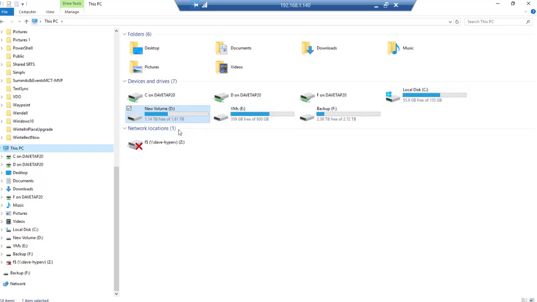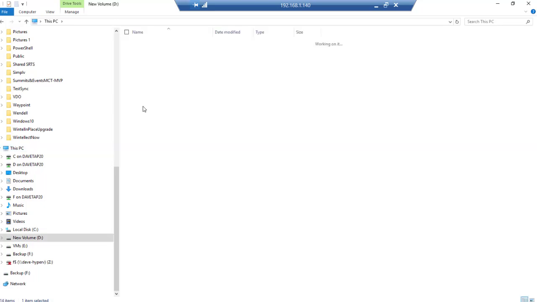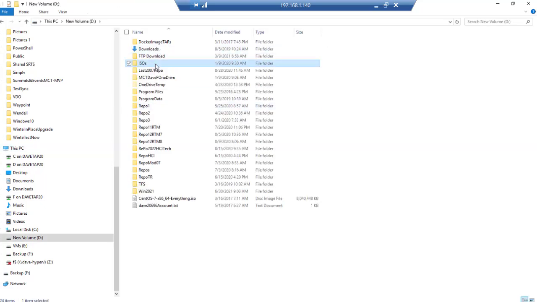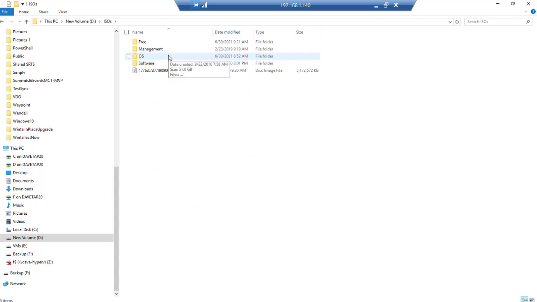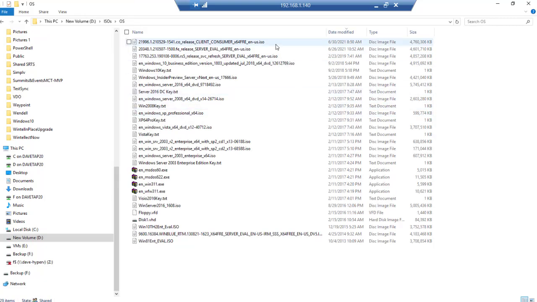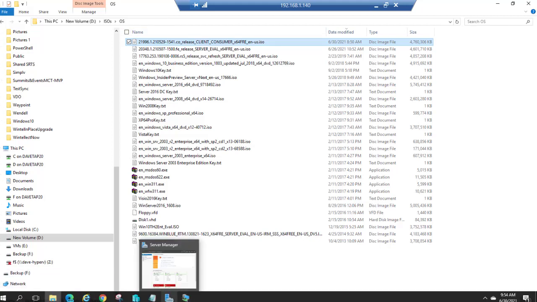So internally I have several disk drives, and in this case I have a drive with about 1.14 terabytes on it. I also have within it my ISO folder, and in my ISO folder I have the new bits for Windows 11. Now again, this is a pre-release. I'm going to use that to install the virtual machine, and we can go ahead and do that. Let me go back to